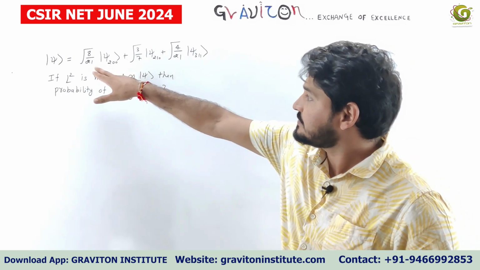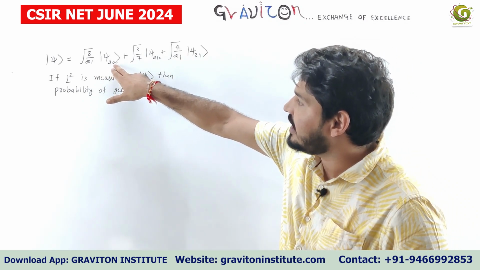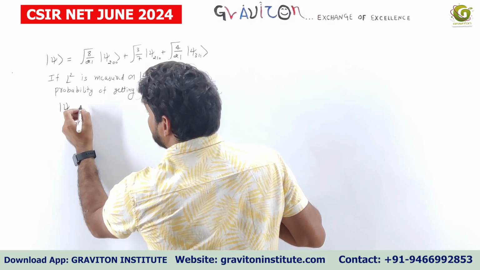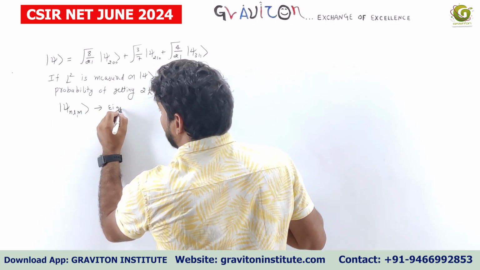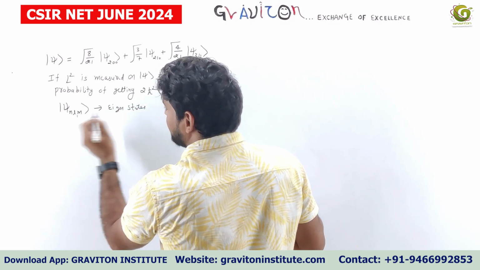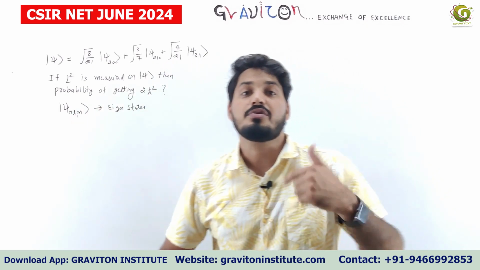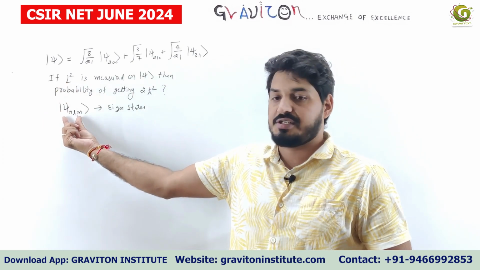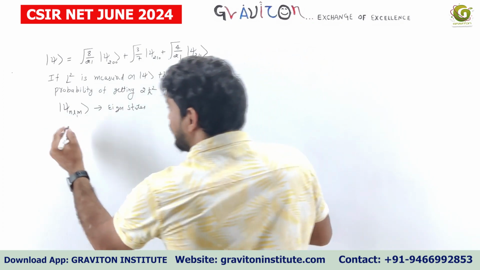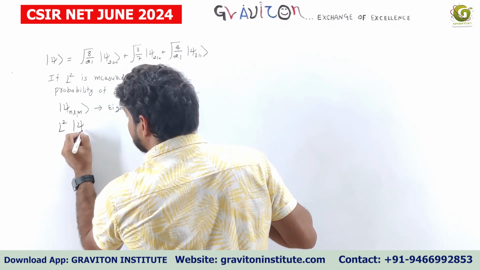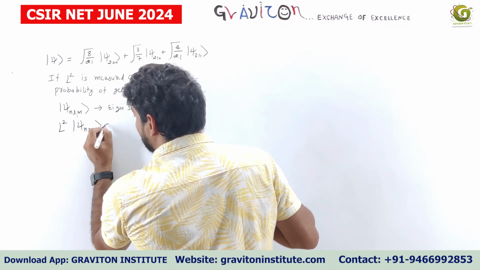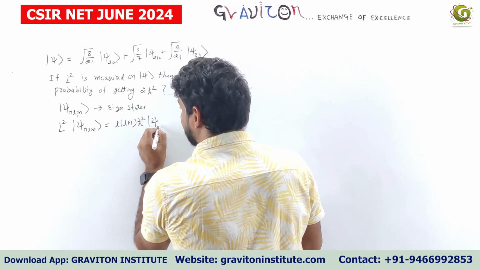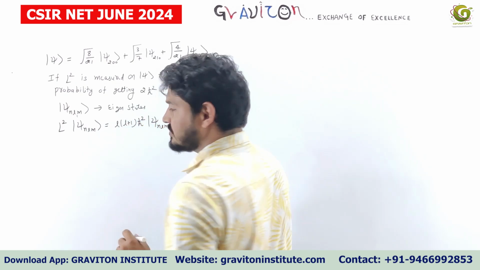Now see here, what are these things? These are n, l and m. This one is given to you, that's psi n, l, m. This one is the eigenstate. Now what you have to think? When we operate L square on this state, this we already know. If you operate the L square operator on the state n, l, m, what you will get? l into (l plus 1) ħ square psi n, l, m. This you will get.